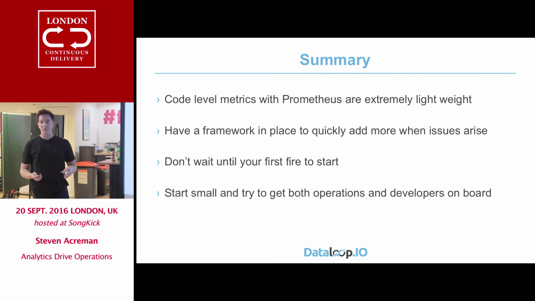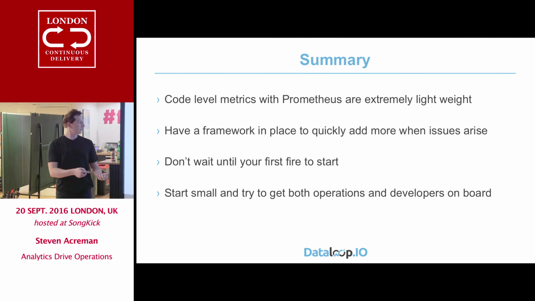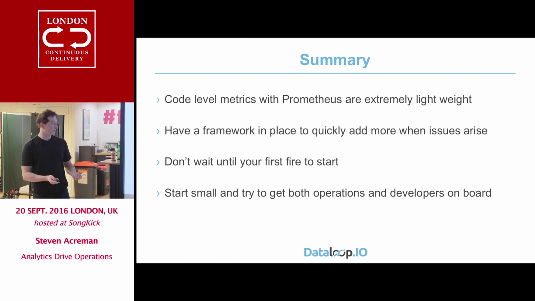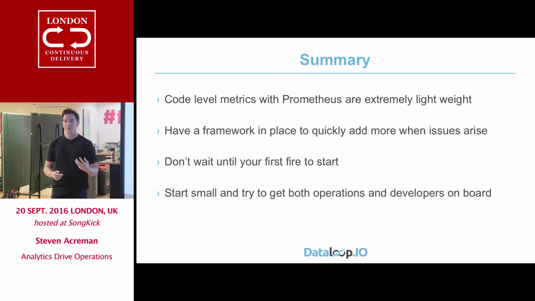Code level metrics, they're much cooler if you use Prometheus. You should probably have a framework in place to get those metrics into your code really quickly. We were really busy firefighting, adding components to solve the scalability, and we also needed metrics at the same time, and it would have been just easier to have had this in place first. Obviously, don't wait for things to go wrong to add metrics. You need to get your Node.js stuff working, but you need your developer metrics in there as well. Health checks are good, but actually instrument all of your code and get them in the same place ideally, so that you can start seeing it together.